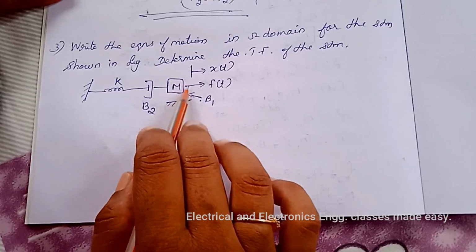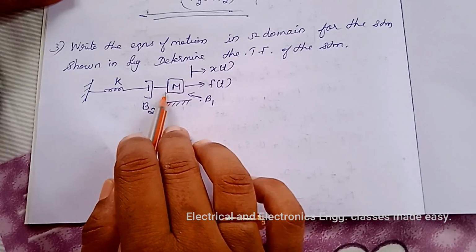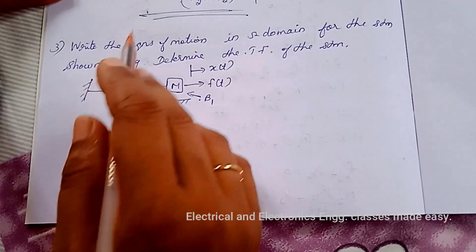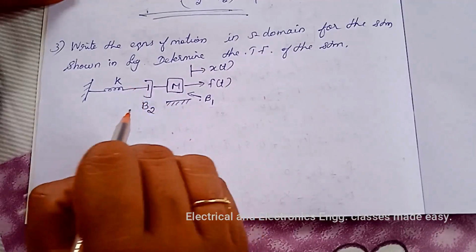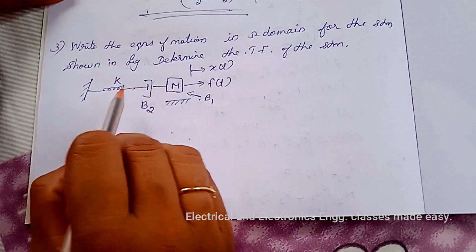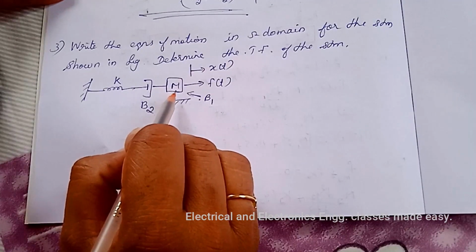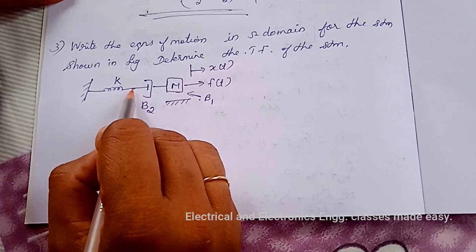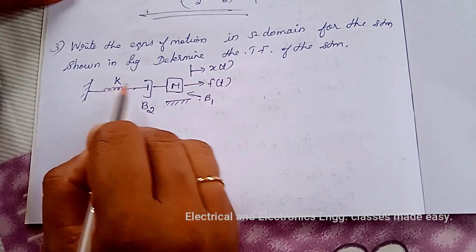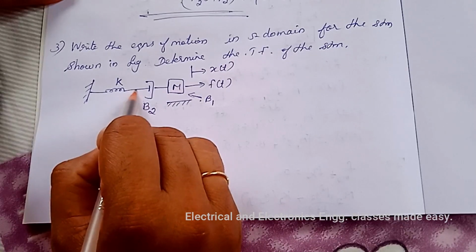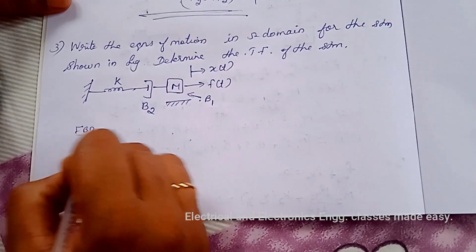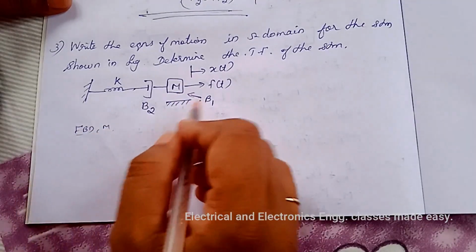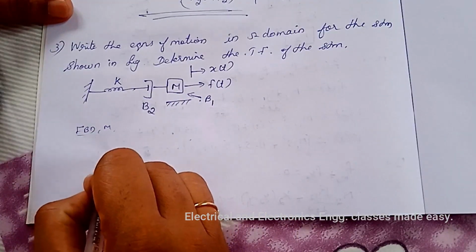One is this mass M and another is the meeting point of spring and dashpot. So first of all, draw the free body diagram of this mass M, that is